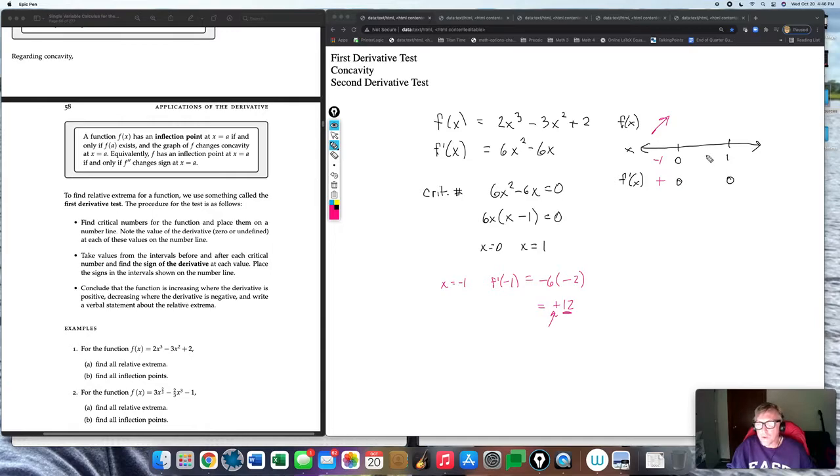I'm going to pick another number in between 0 and 1 and do the same thing. So let's say 1/2, that would work, right? So if x equals 1/2, I want to find the sign of the derivative value. So f prime of 1/2, if I put 1/2 here, I get 6 times 1/2, which is 3, and 1/2 minus 1 is -1/2, and this is negative, right? So at x equals 1/2, the function has a negative derivative, which means that